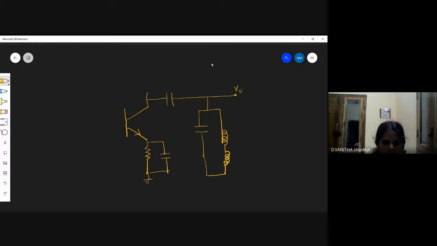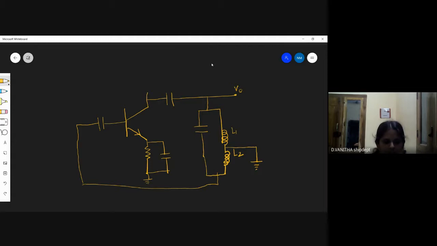Both this is L1 and this is L2, and with this it is grounded. This tank circuit is connected to the base of the transistor by using the capacitor,